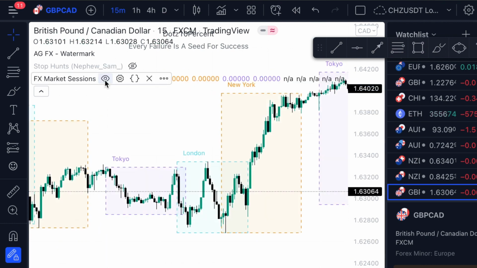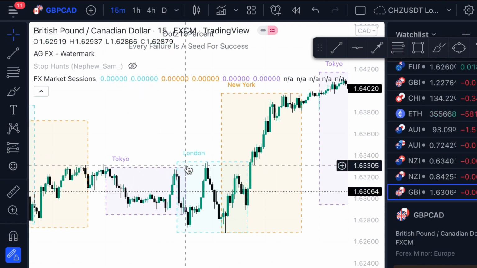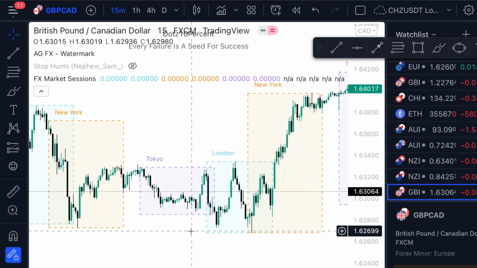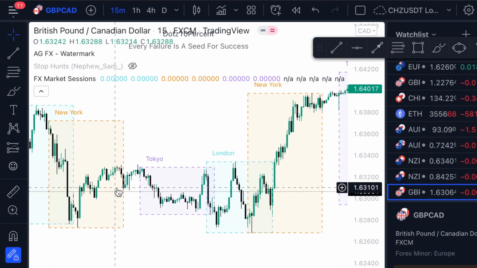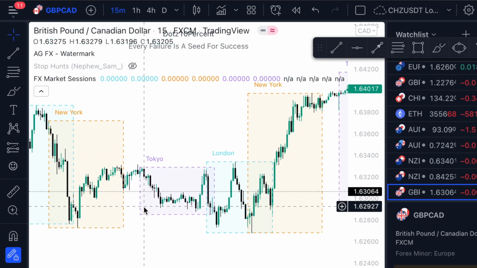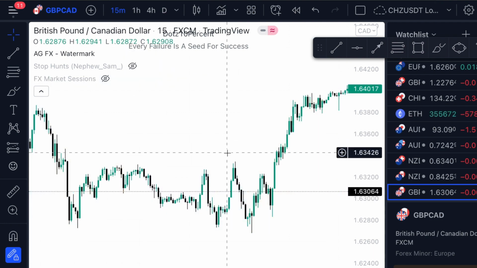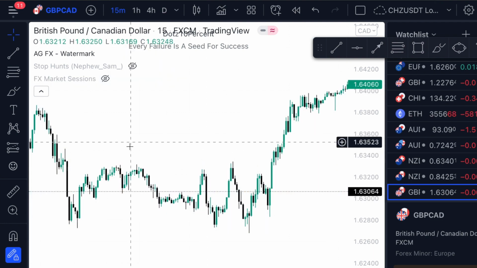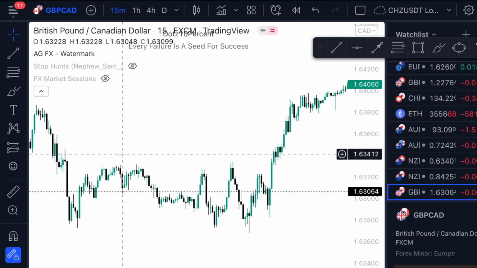And of course, if I turn it on, within these boxes you see the Tokyo session, the London and the New York. The only thing different here compared to what I was saying is that this doesn't have a Sydney session, and of course I told you that I condensed Sydney and Tokyo into one. Some people sometimes on charts, if you're curious, mark out the times where Sydney starts, for example.